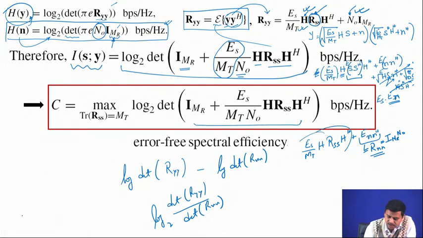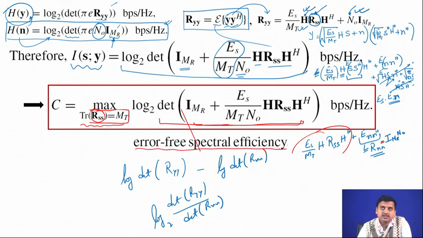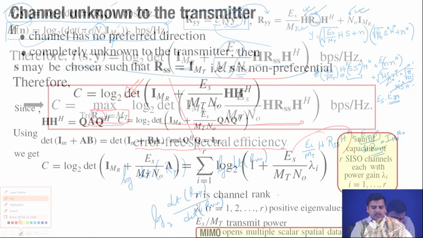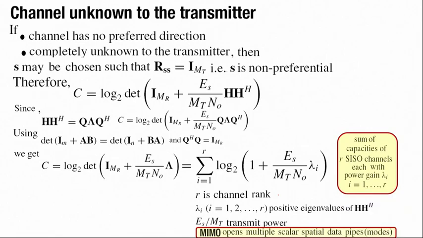So, it maximizes this expression. Let us change the pen color. It maximizes the expression over here. Of course, it is the log determinant over RSS with the constraint that trace of RSS is equal to Mt. All right. So, this is also called the error free spectral efficiency. In all the analysis of MIMO that we do from here on, we will be using this particular expression. So, the first thing that we discuss is the situation where channel state information is not known to the transmitter. That means, CSI is not available